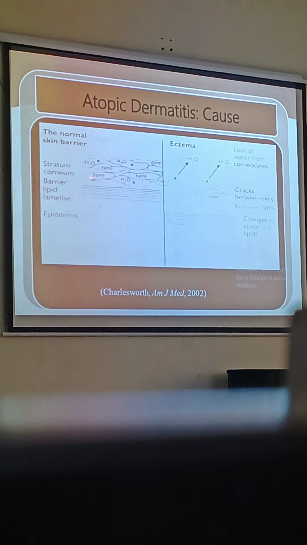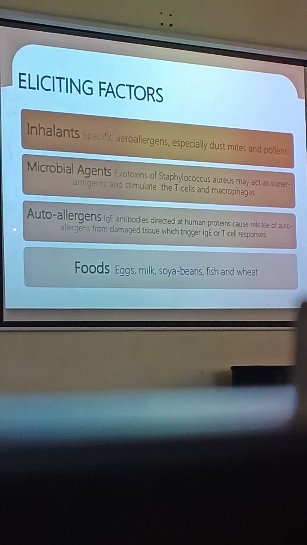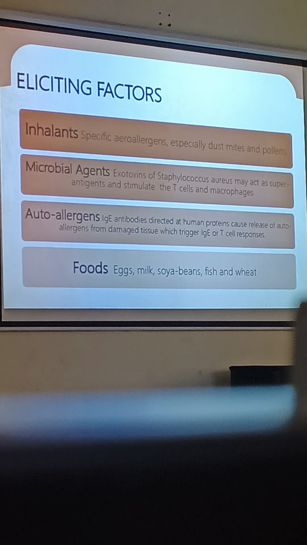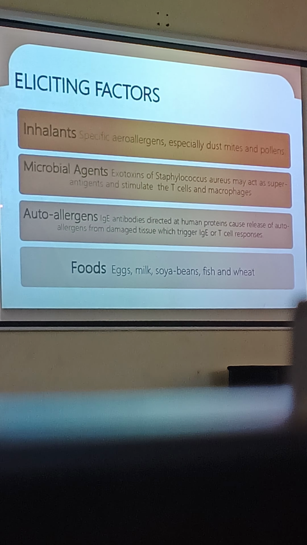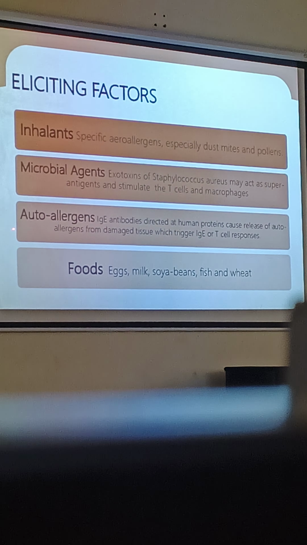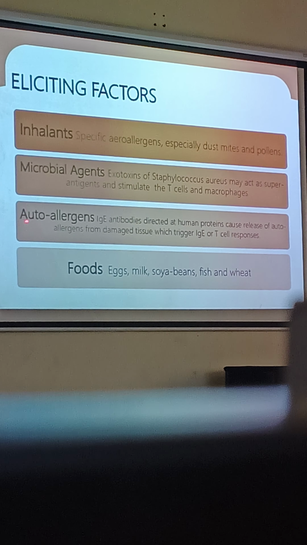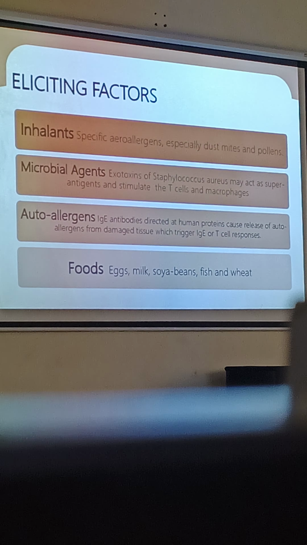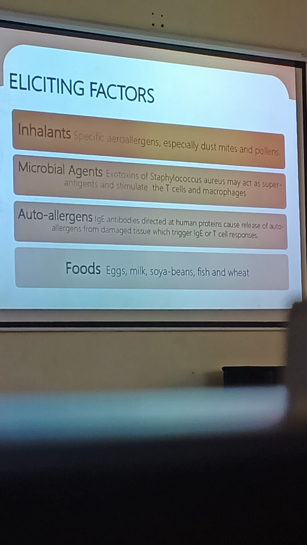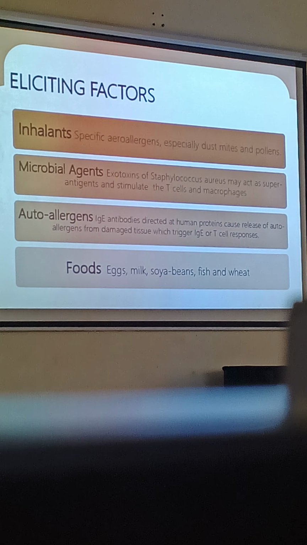Now, eliciting factors can be some kind of aeroallergen like dust mites and pollens, microbial agents like exotoxin of Staphylococcus aureus may act as a superantigen and stimulate the T cells and macrophages. Autoallergens like IgE antibodies directed at human proteins cause release of autoallergen from the damaged tissue, which trigger IgE or T cell response. Initially in the pathogenesis of atopic dermatitis, the Th2 response is higher, and in chronic cases Th1 immune response is involved. The cytokines which are basically involved in the pathogenesis of atopic dermatitis are interleukin 4 and interleukin 13, which cause the disruption of the epidermal skin barrier. Okay, and so the treatment will be targeting these interleukin 4 and 13, which I will be discussing in subsequent